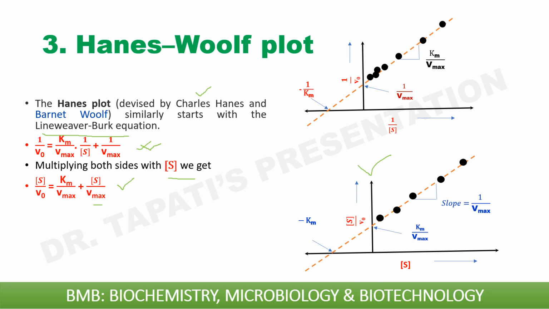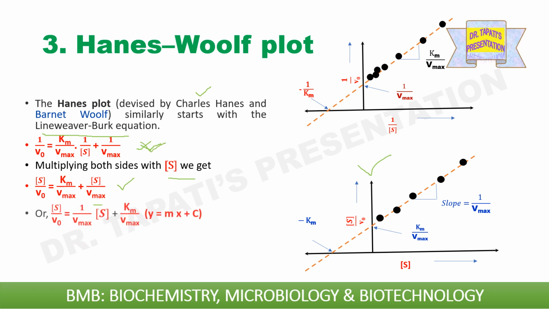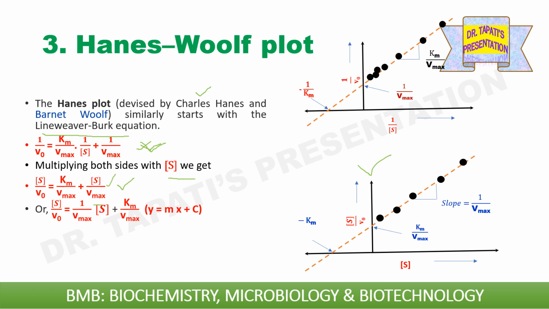Whereas in case of the Eadie Hofstee plot, in the Eadie Hofstee equation, we were multiplying Vmax with the Lineweaver-Burk equation. Now, if you rearrange this equation, then we will get